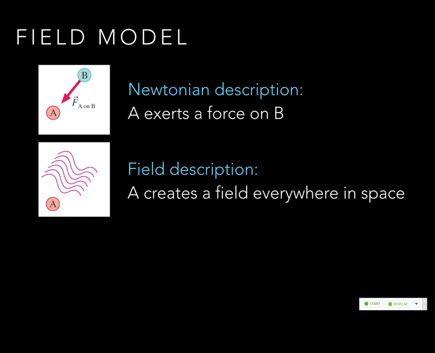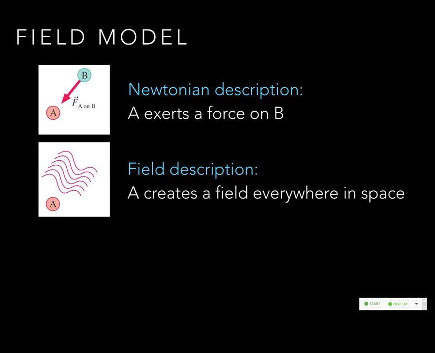Okay, so it's reacting to the field, which is a little subtle difference from a force, right? A force requires two charges. A field only requires one. So you put a charge in space and it creates a field. You put another charge in space and it interacts with the field. Okay? Which is different than saying any two charges have these forces. That's really limiting. It only tells you what's happening at one place. A field gives you a map of what's happening everywhere due to that one thing.